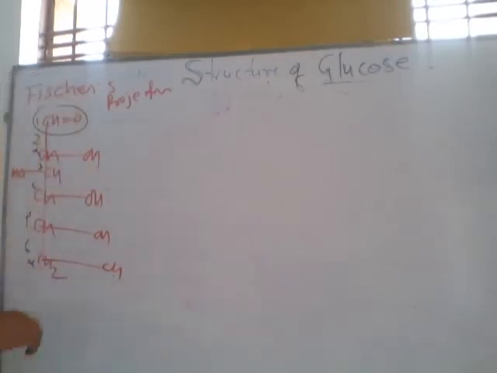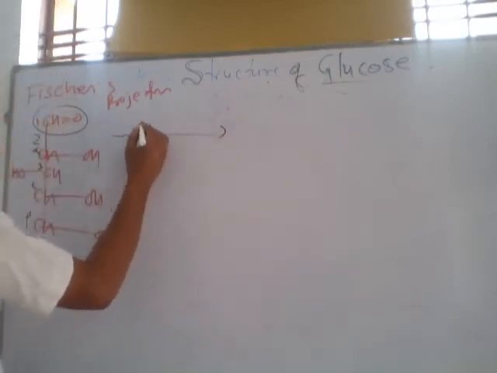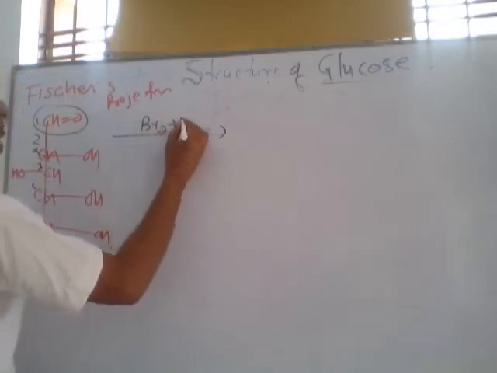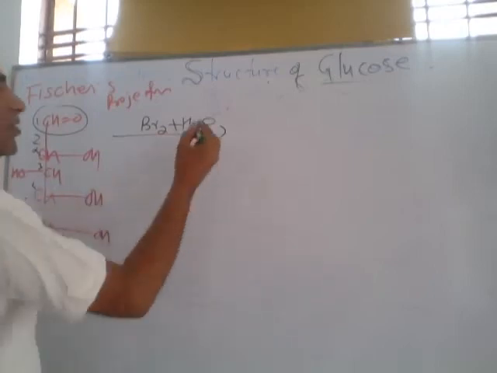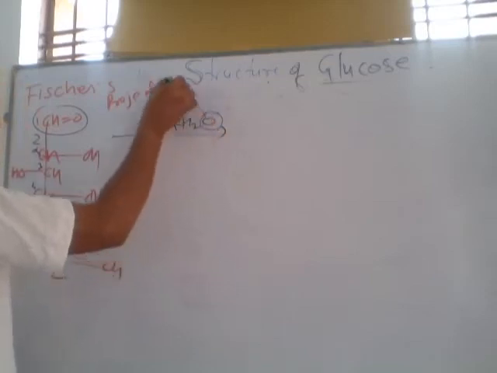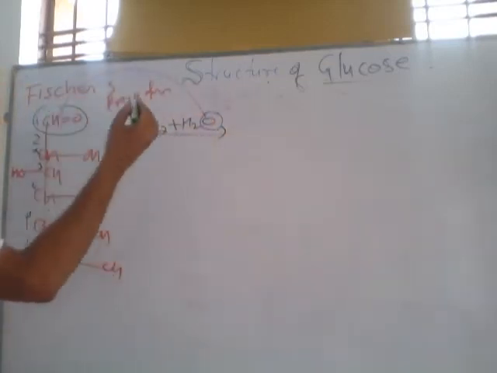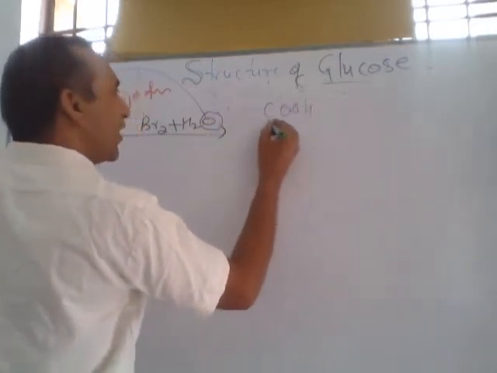So to prove that in glucose an aldehyde group is present, 5 OH groups are present, and 6 carbon atoms are directly connected in a chain, there are some reactions as evidence. Number 1, if you react bromine water, this is bromine and this is water. In bromine water there is only 1 oxygen. To remember the reaction, you shift this 1 oxygen from water to here. The CHO aldehyde group converts into COOH and the remaining is the same.